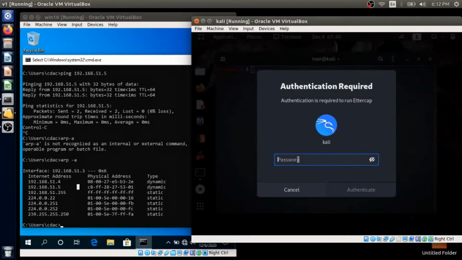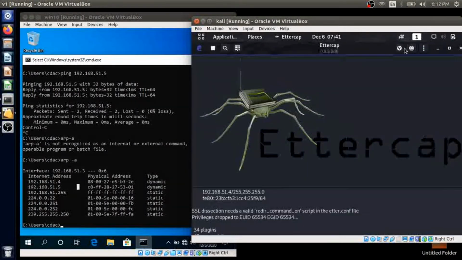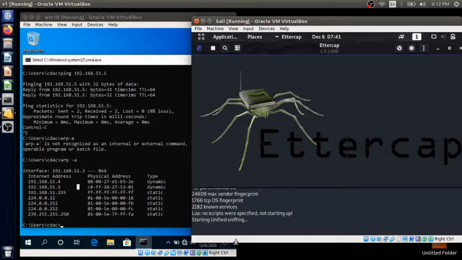Yes, here it is. First we need to check unified sniffing at startup and select the Ethernet we are using. I'm using Ethernet 0 and it started unified sniffing.